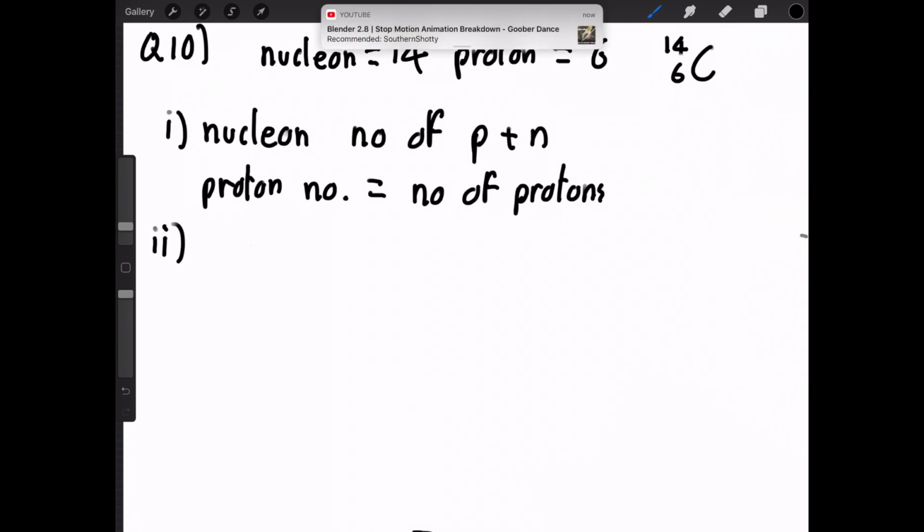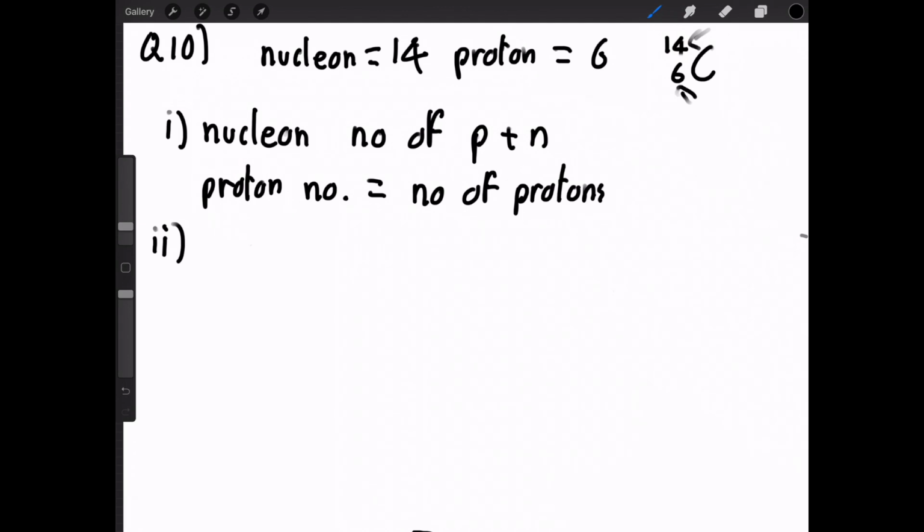Part 2, calculate the number of neutrons in the nucleus of this atom. So we've got, that's the number of nucleons, that's the number of protons. So the number of neutrons is 14 minus 6, 8 neutrons. Part 3,